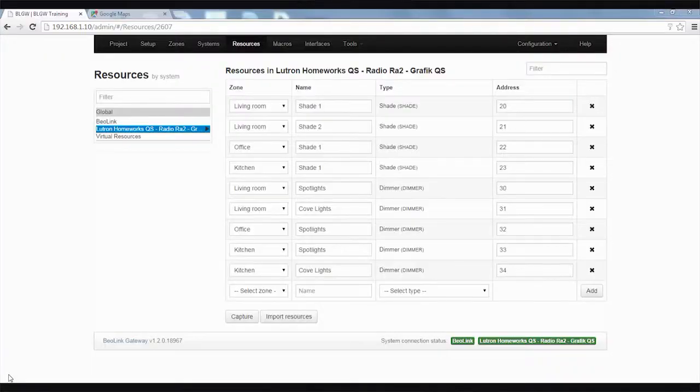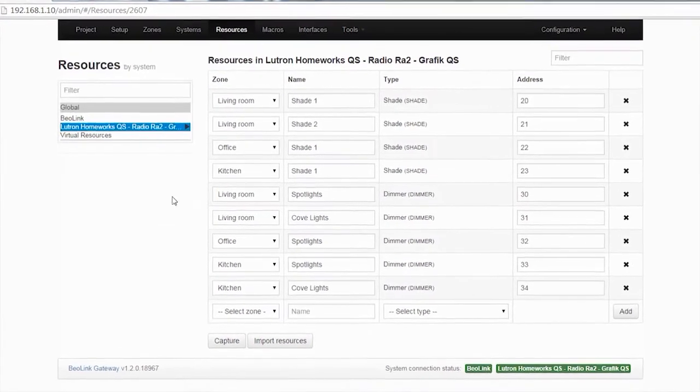gateway. What generic macros can do for you is that when you have a project that is pretty similar from room to room, for example, you'll have a Bang & Olufsen product in a room, you'll have maybe spotlights, maybe you'll have some shading. You can do generic macros to replicate the programming from room to room just using a single macro. In order to do this, you need to name your resources when you add them